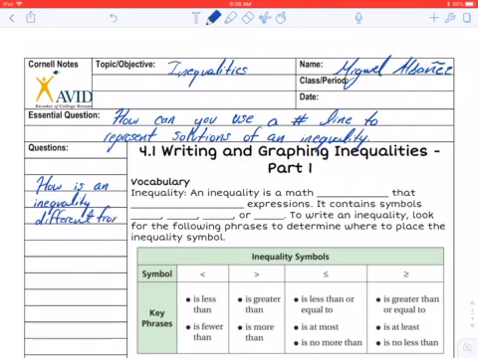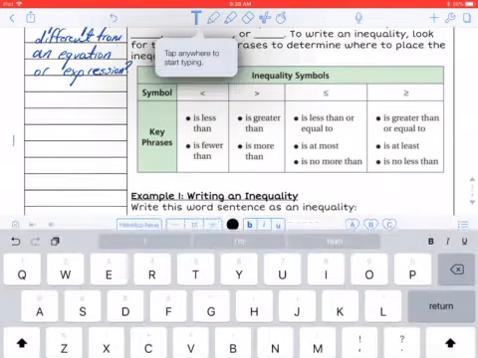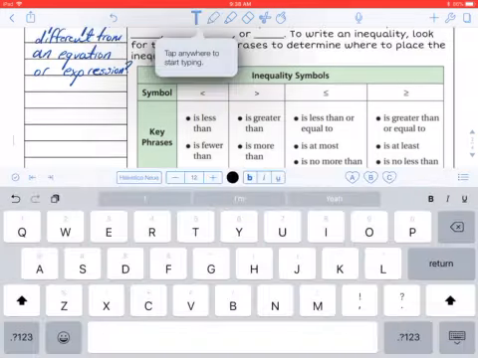What do we know about expressions? Well, we know expressions are different from equations because an expression doesn't have an equal sign, whereas an equation does have an equal sign. But now we need to understand what makes an inequality different from those two. And so I will go ahead and give you an answer here for this question that we just asked. And you can write down that